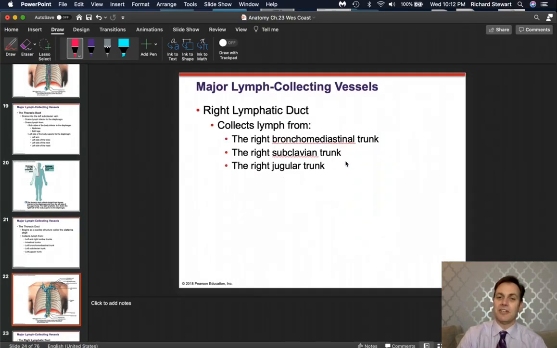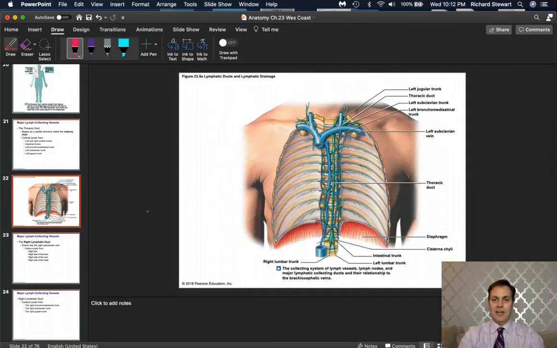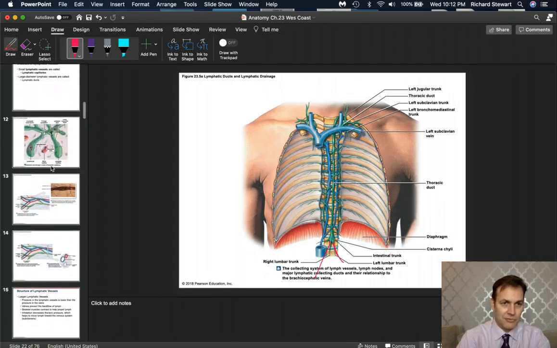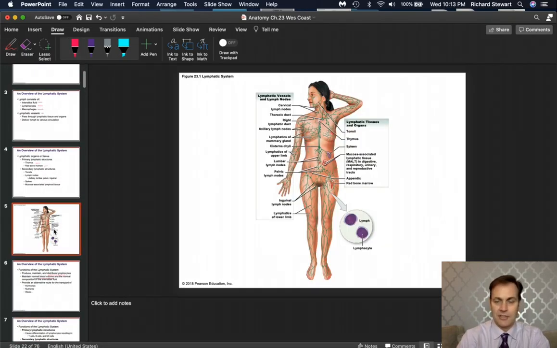The cisterna chyli is where the thoracic duct starts. So this is where it kind of breaks off. So we're in our abdominal area now. We have a lot of lymphatic vessels that are in our intestines, but it's right behind. The cisterna chyli is right there behind our, let me pull this right up on this girl.